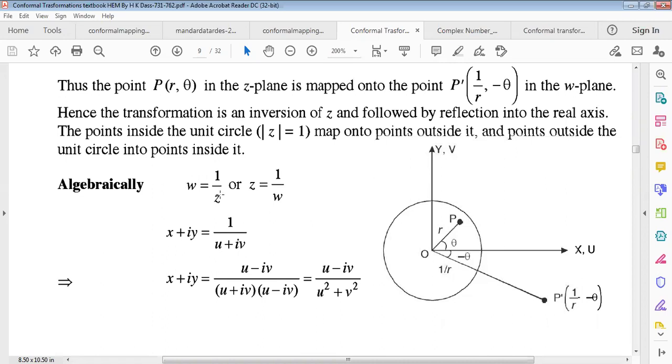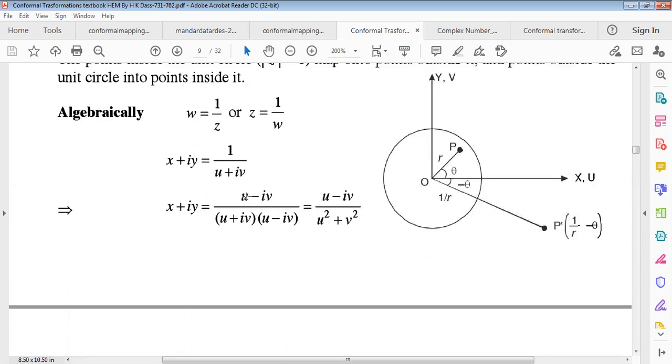Algebraically, you can write W equal to 1 by Z, or Z equals 1 by W. Z equals X plus iY, and W equals U plus iV. X plus iY can be written by taking U minus iV in both numerator and denominator to make the formula (a plus b) into (a minus b), giving U square minus V square, because i square equals